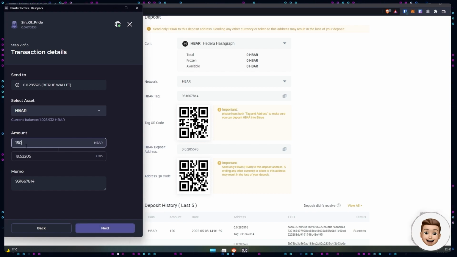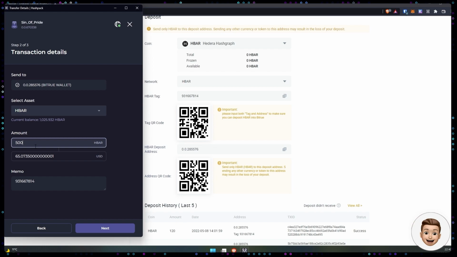My asset I'm going to be sending is, of course, HBAR. I'm going to type in my amount. So I'm going to send, let's just run with 500 HBAR for this. I would urge you guys, again, to do a small amount. Maybe try sending 2 HBAR. That is what I did in my deposit history. You probably can see at the bottom of the screen there, just to make sure you've got this right. You don't want to be sending large amounts of HBAR to an address that you haven't confirmed yet